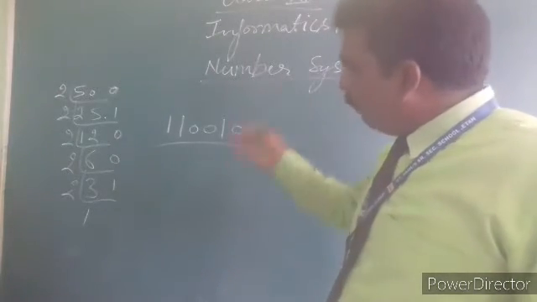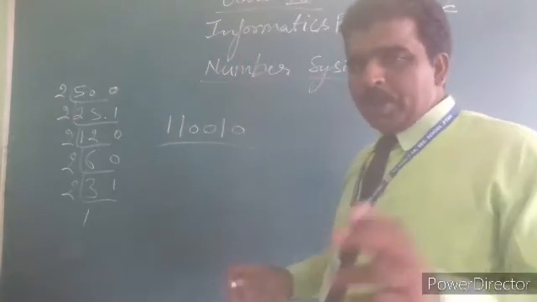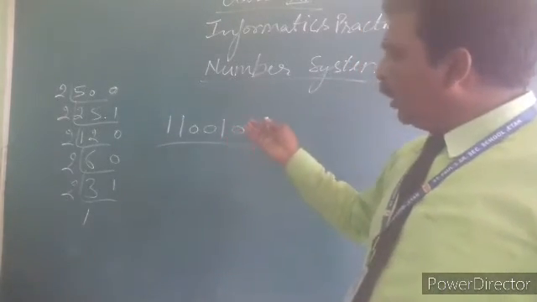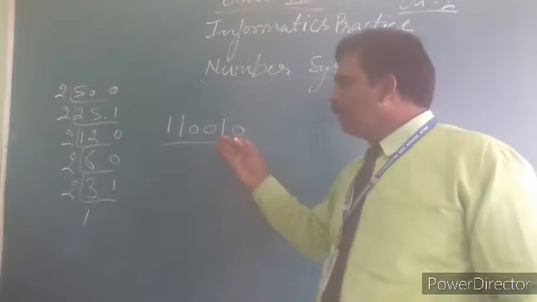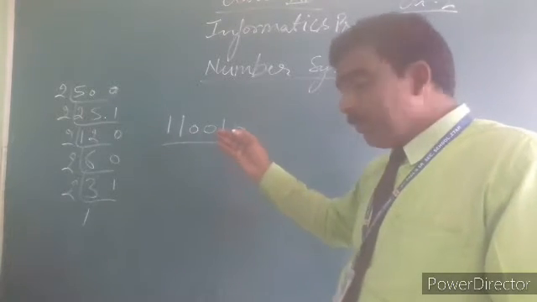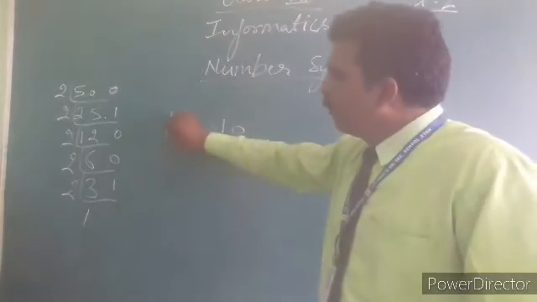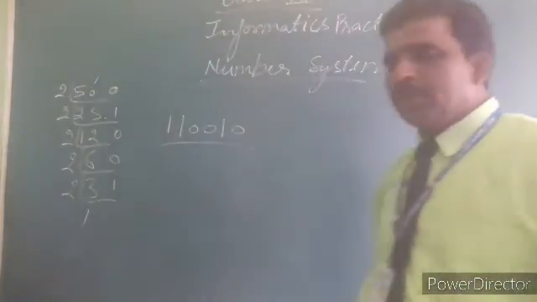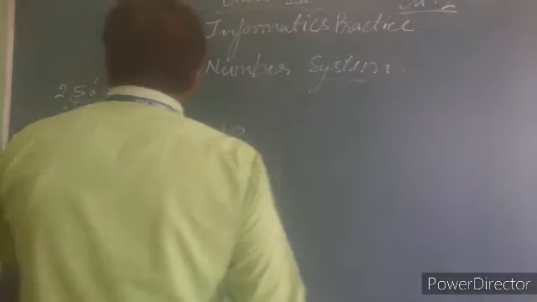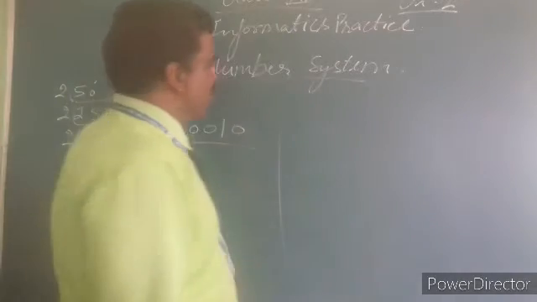While if we want to convert it from this number to this number, in the previous video I told you the conversion from one number to another number. So for that we have to take examples so that we can check the numbers. If this number comes, then definitely it is exact. So that's why decimal to binary we are doing here. After that, binary to decimal we want to do.